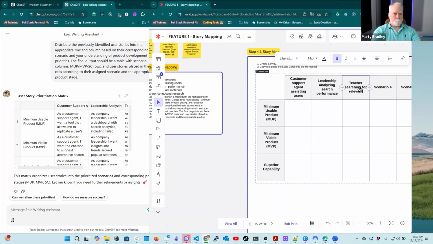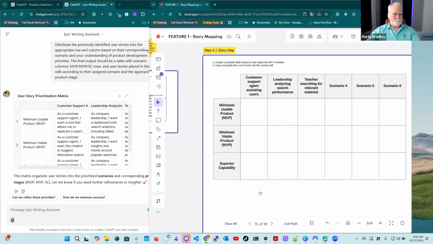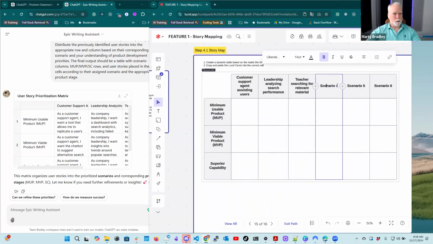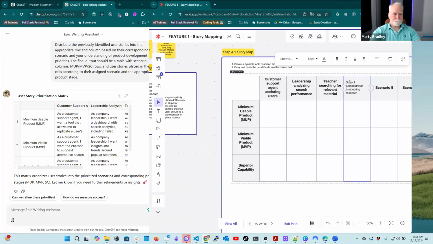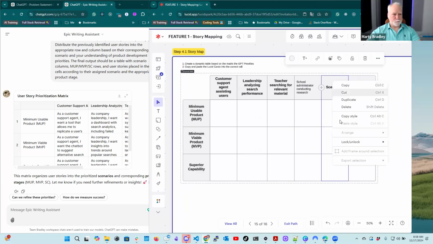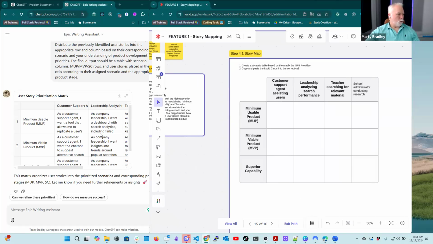It'd be bad to spell things wrong since I'm working with teachers and stuff. School administrator conducting research. So I should have just done this. And here's my fourth scenario, right? Okay, so the OCD in me is but like that. Okay, so then what you can do is delete. You want to delete these columns and delete. Okay, so now we have the template of our table,